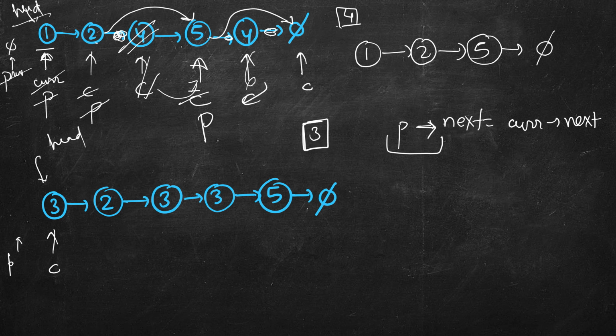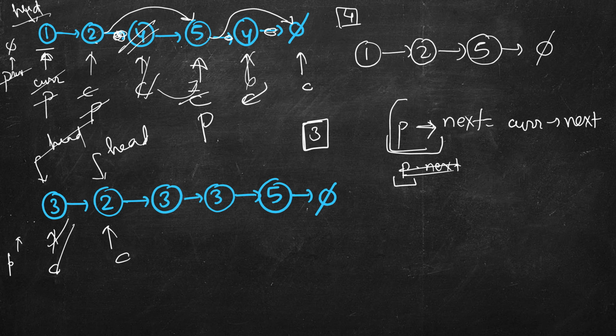We cannot call next on a null pointer, or even in other languages, p.next, where p is a null pointer, is not valid. So we have to add an additional check for this, that if current value is the same as the given value, then we check. If previous is present, then we do it. Otherwise, we don't need to do it. So p remains here, current comes here. And we also move head here. For this special case, when previous is null, we move the head, since we know that previous is just one step before the current. So in this case, current is the first node. That's why its previous is null.